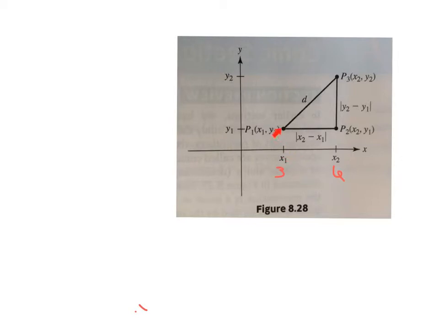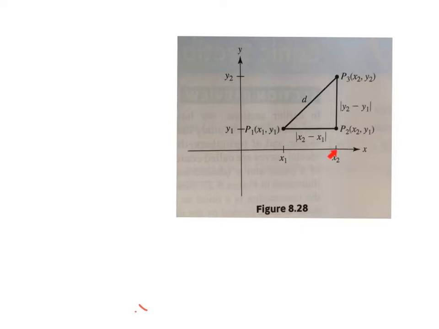That means the distance between here and here would be x2, 6, minus x1, which is 3. 6 minus 3 is 3. So the length of this line would be 3. The same is true if you look at the y-axis. They give us a